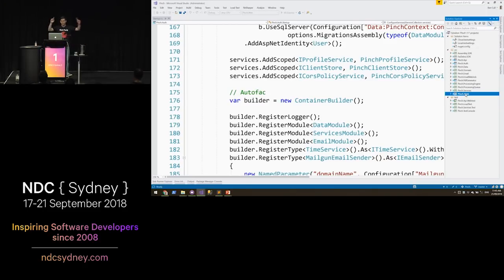So what we're doing is taking a look at my application. It's called Pinch. It's an ASP.NET Core 2.0 version at the moment, running Identity Server 4 on the latest stable. And what we're going to look at